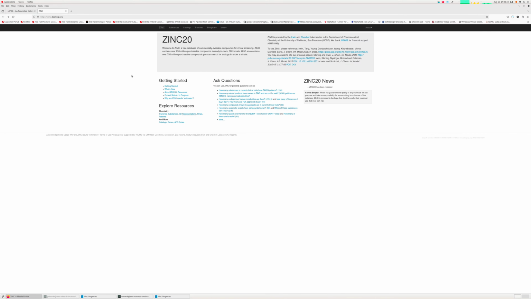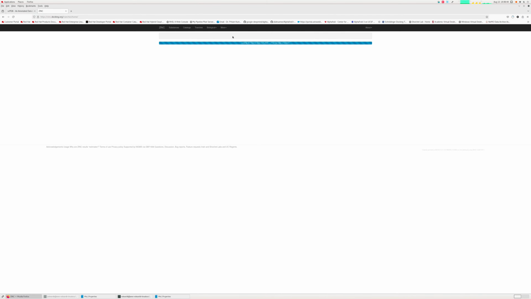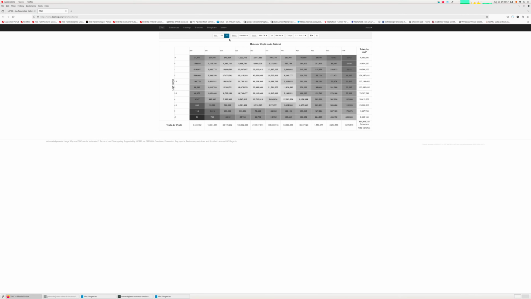Suppose you want to calculate 2D properties of different chemical compounds. So you head to the ZINC database and then go to the tranches. There are two options: one is 2D and one is 3D. And you want to calculate the descriptors or the molecular properties for the 3D compounds. So you select the 3D compounds from the ZINC tranches, and then you can see that there are 13K tranches,